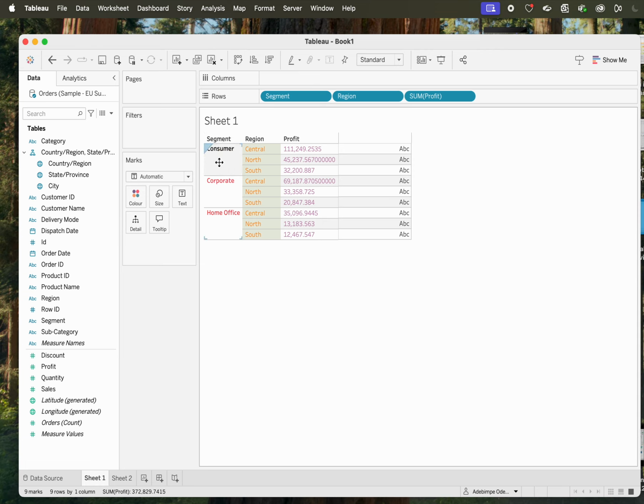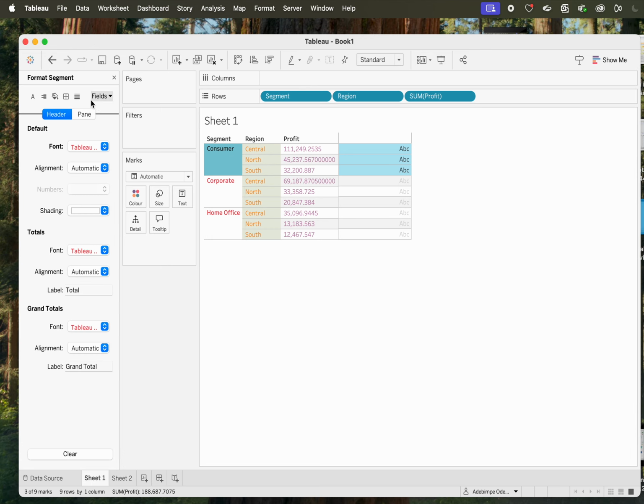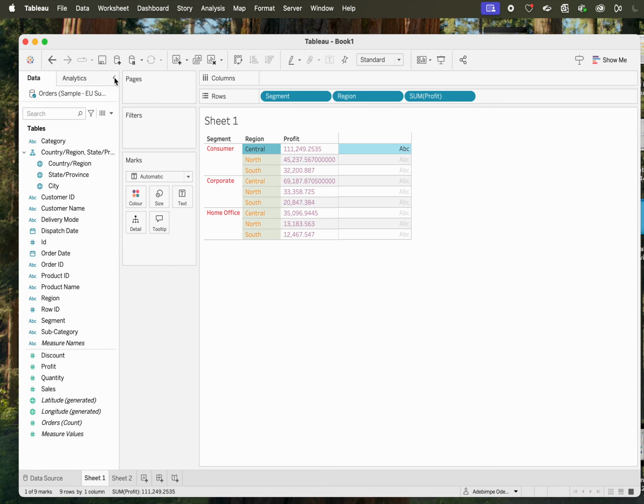So let's come to consumer, for example, and right click. You will see it's giving us header because it recognizes it as a header. Again, when we come to region, format, header is still there. So for profits, although it looks as though we have numbers in there,